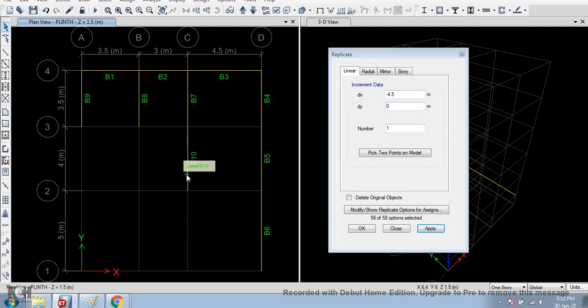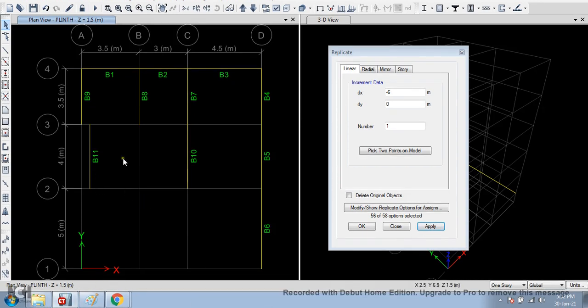Now you need to select the B10 beam. It has to go in this direction by minus 6 meter. Apply. It is not exactly okay. We'll just see the adjustment. Instead of 6 meter, there is a slight variation.